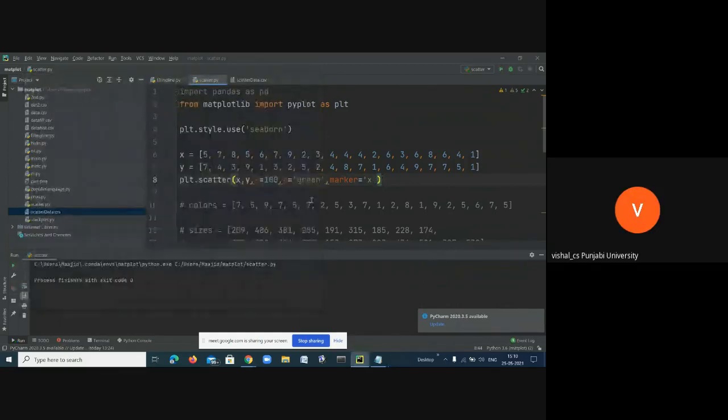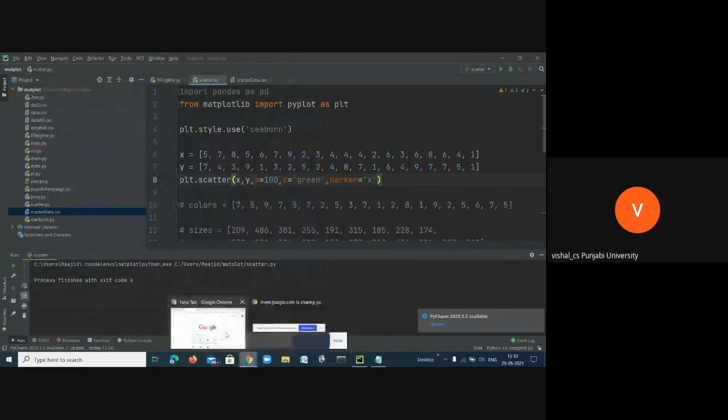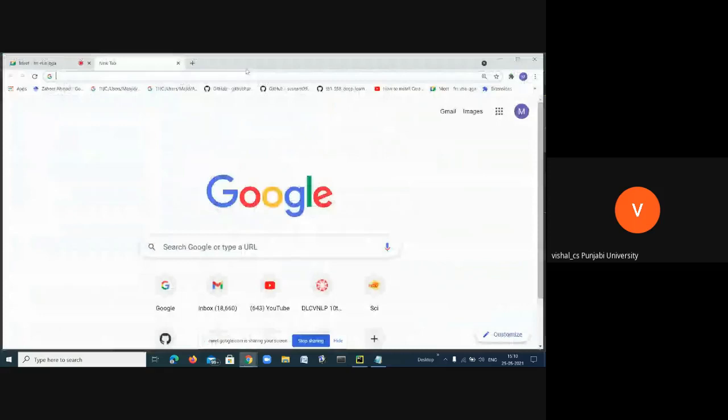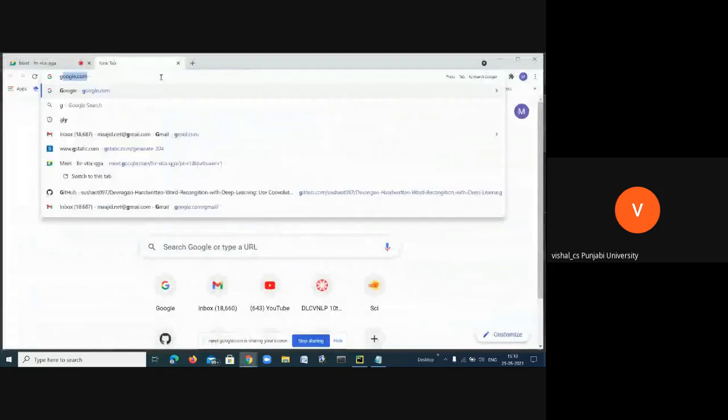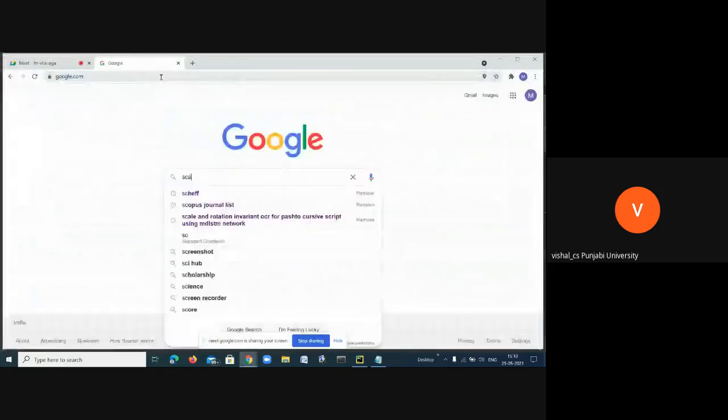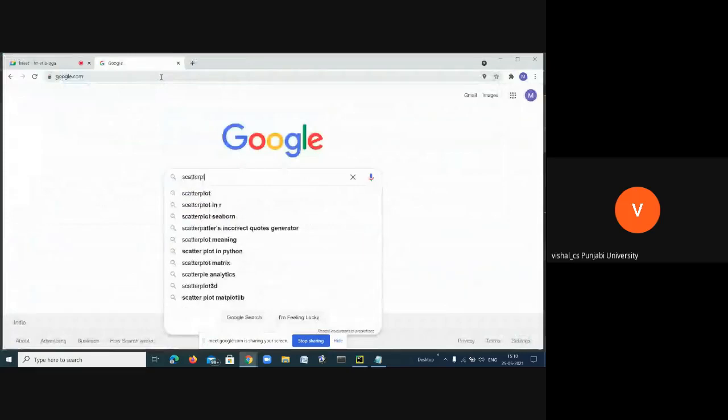If you want to see what different markers are available, you can go to the matplotlib documentation for scatter plot markers.